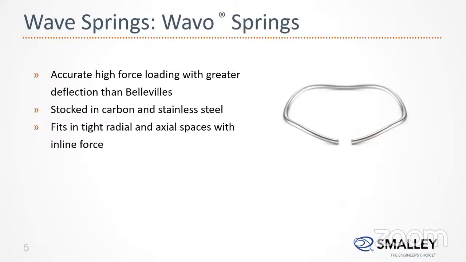So Wave spring is a patented one. This is a better replacement for the Belleville washer. The Belleville is like a flat conical washer, mainly used as a spring. And here we can offer Wave spring, which has a circular cross section. So this takes very less space compared to the Belleville washer. And all these products are available in 60 plus different materials and can be fit into any tight radial cavities.